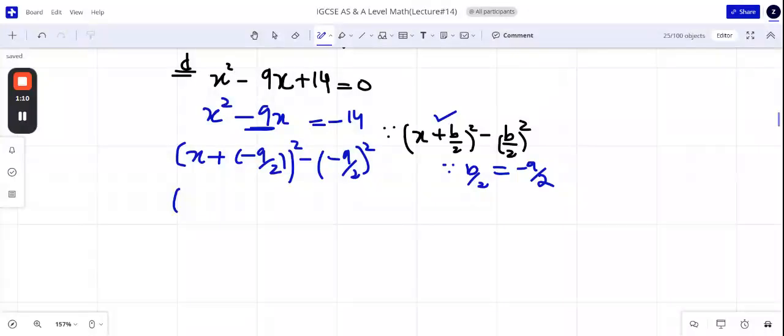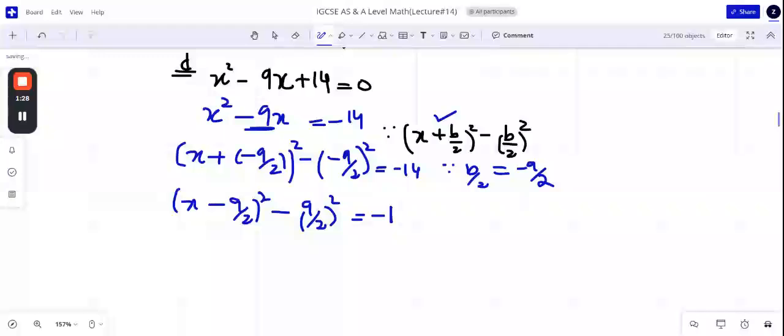So here x and plus minus makes minus, 9 by 2 whole square, it's equals to minus 14. Then minus minus square becomes the plus, and minus 9 by 2 whole square